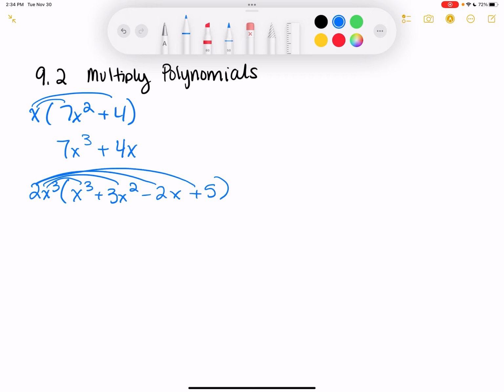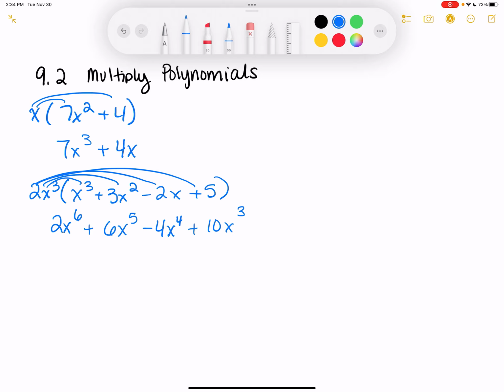So 2x cubed times x cubed is 2x to the 6th. 2x cubed times 3x squared is 6x to the 5th. 2x cubed times negative 2x is negative 4x to the 4th. And then 2x cubed times 5 is 10x cubed. So you could have something like that,